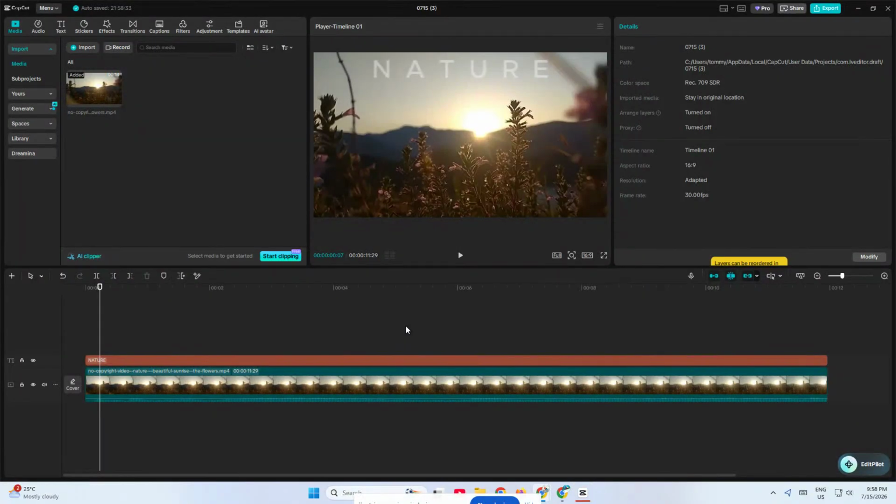If you want to crop a video in CapCut PC quickly and cleanly, this tutorial will walk you through the exact steps. Cropping is perfect when you want to remove unwanted edges, focus on one part of the frame, or switch your video into a different aspect ratio for YouTube, TikTok, or